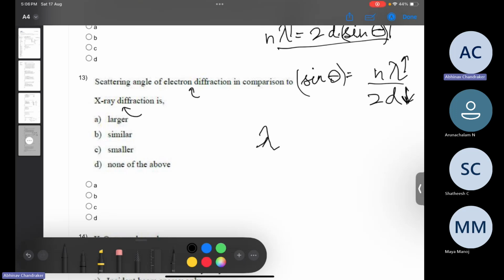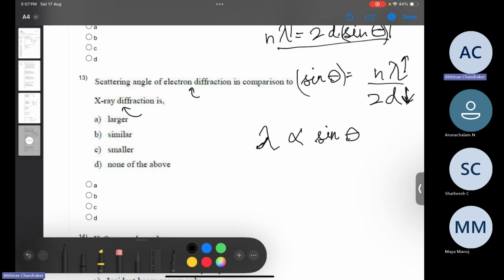We know that the difference between electron diffraction and X-ray diffraction is in the wavelengths or the energies of the incoming beam. In case of X-rays, we have a larger wavelength, which is typically in nanometers, but in case of electron diffraction, we have a very small wavelength, which is in picometers or sub angstrom. So since lambda is proportional to sine theta,